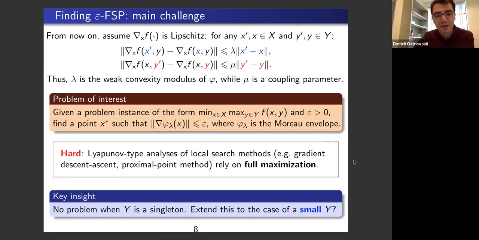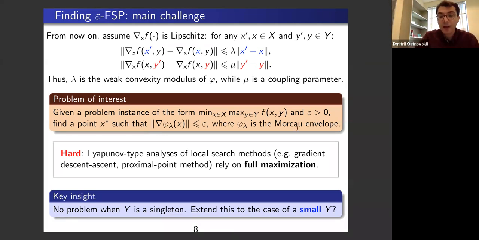Lin and others consider an abstract maximization oracle and ask the question, what is the complexity with this oracle? Why is that? Well, essentially it's because of the Lyapunov type analysis. If you try to analyze convergence of such algorithms, because you cannot switch min and max, they really have different importance, and you really have to analyze the problems with the phi function inside. And the phi function maximizes over the whole y, or on the whole set. The phi function, the primal function, is defined in terms of the global maximization, the full maximization, not local maximization,